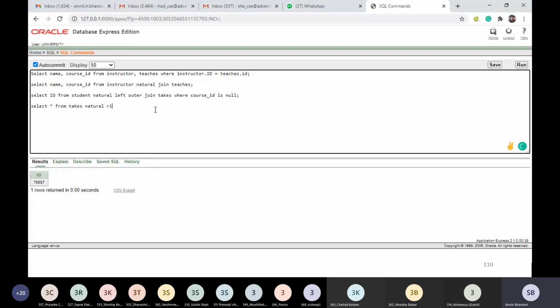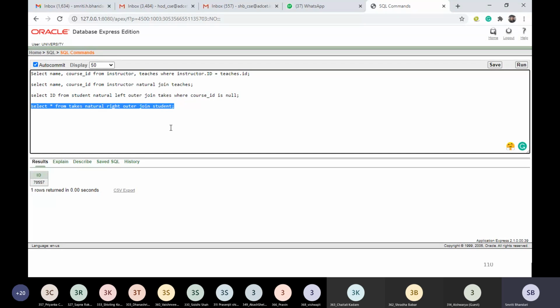So let us try to write, select star from takes natural right outer join student. So what I'm trying to extract now?